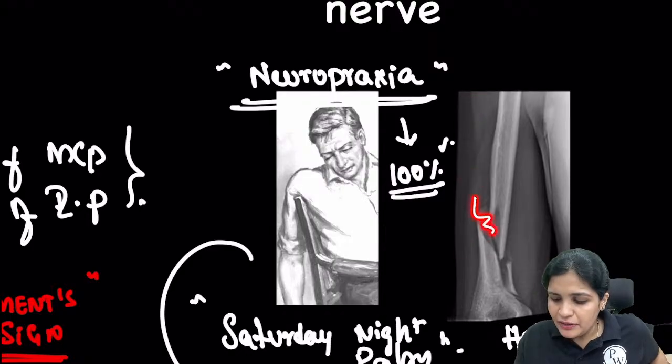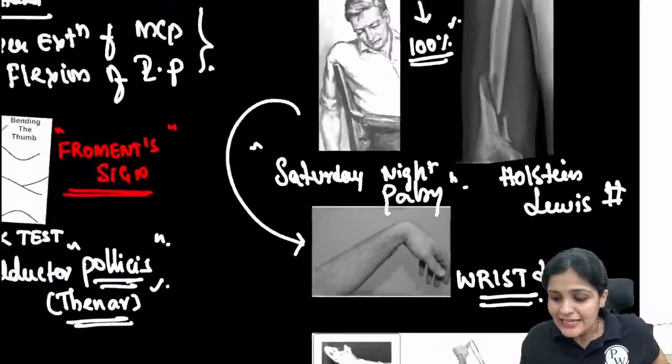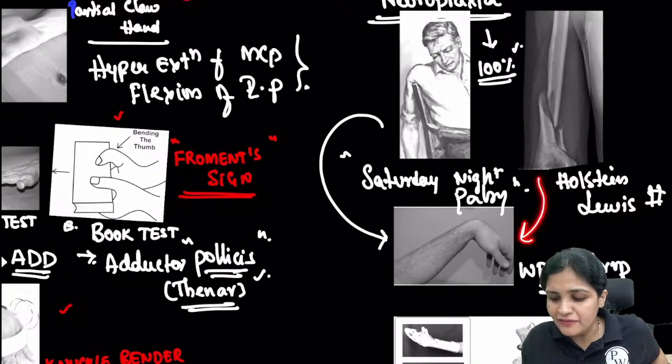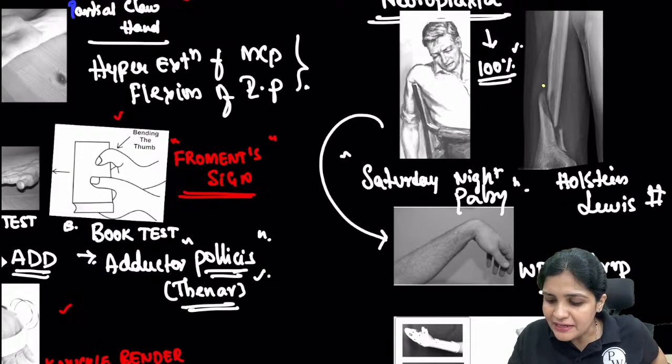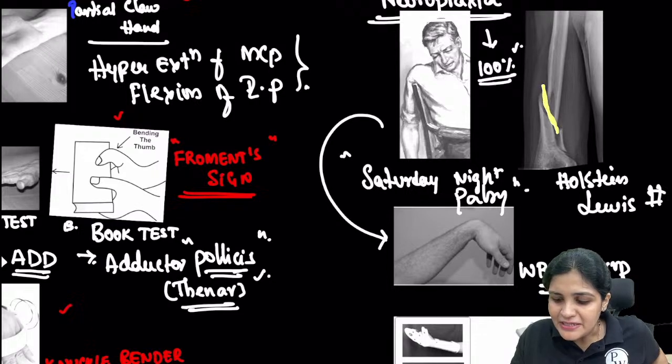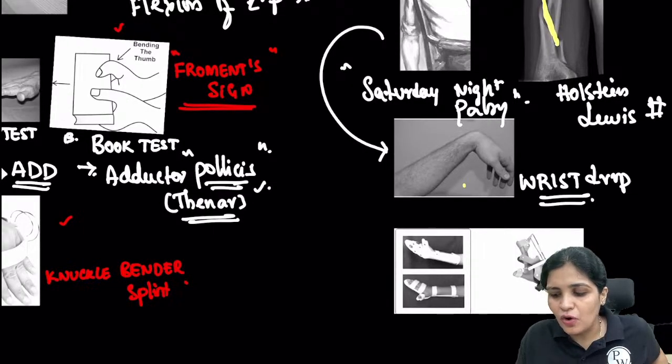At the junction of the middle and the distal, there is a fracture, and there is a high chance of this fracture resulting in wrist drop because there is compression of the radial nerve. The radial nerve passes like this, piercing the lateral intermuscular septum. So whenever this fracture occurs, there is a possibility of crushing of the radial nerve, again resulting in wrist drop. So this is called the